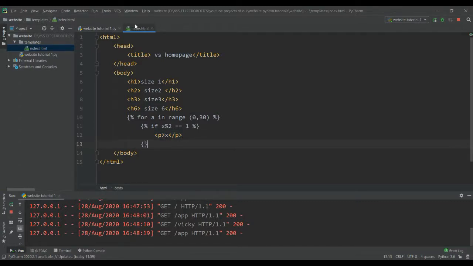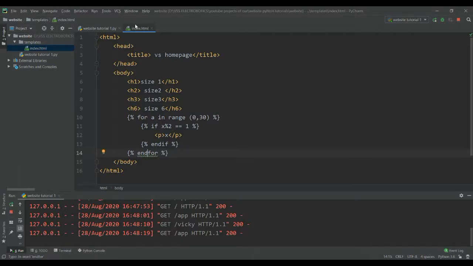Okay, we need to end the if the same. Just put endif, don't put a space between the end and if. If you put that, the error will be there. Okay, then we need to close the for loop, the same two curly braces and the percentage symbols, and we need to put endfor.